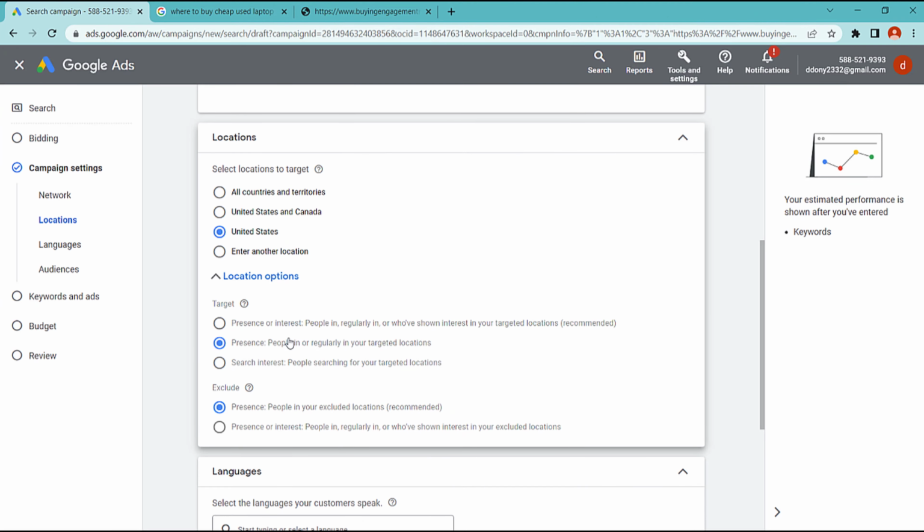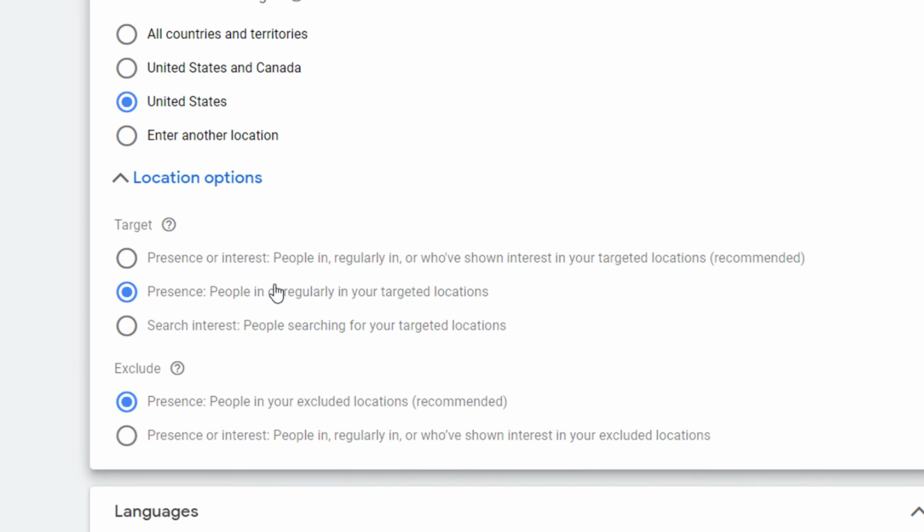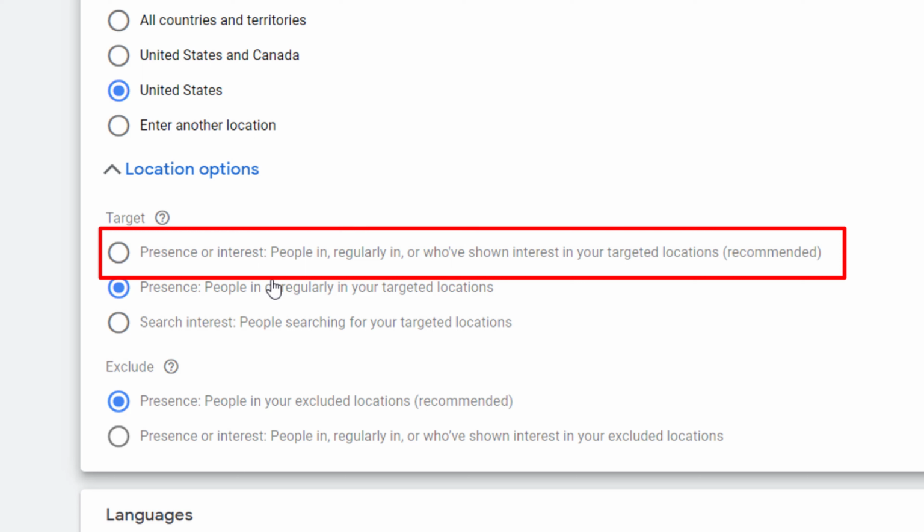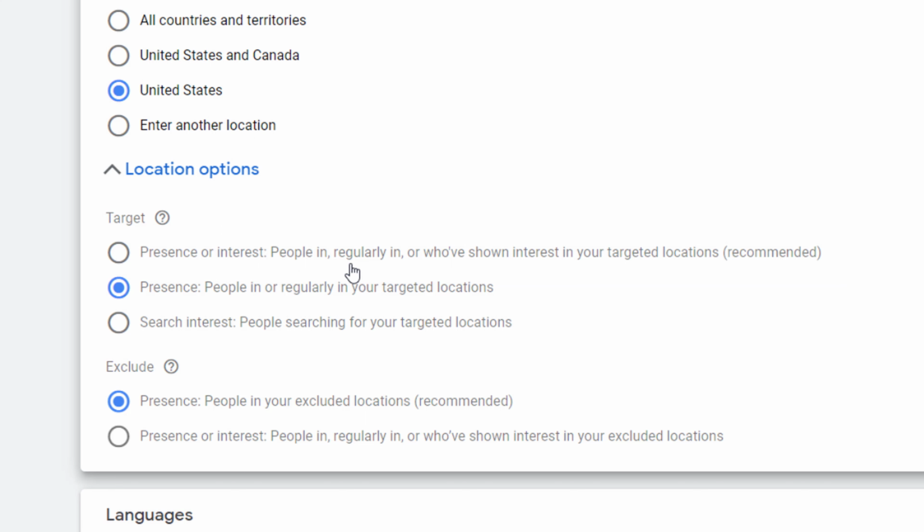If you choose presence or interest, it could be that these people don't live in the location that you target, but have interest in your product or your services.